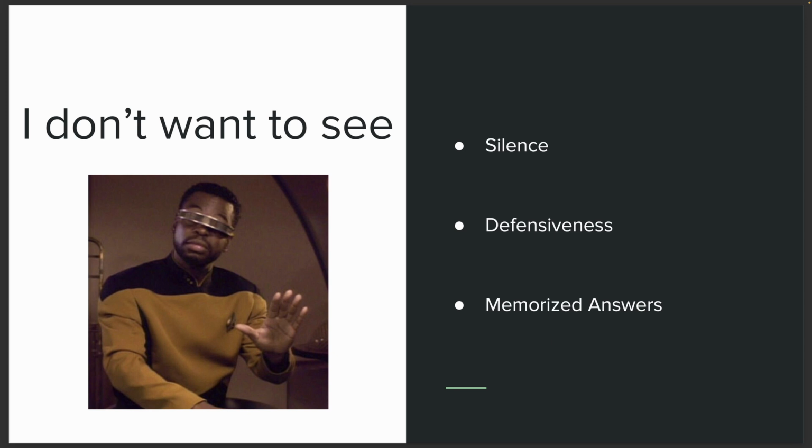And the third thing that I really don't want to see is memorized answers, right? There are a number of different problems that you could be presented with, the data structures and algorithms kind of scenario, and you can read advice on the internet that says, well, if you simply memorize all 200 of them, then of course when you get in the interview, you'll know exactly what to do. If I get the sense that you've memorized your answers or you've written them down, or some tool is helping you with them, that's not a good sign, because it's not accurately reflecting your problem solving capability.